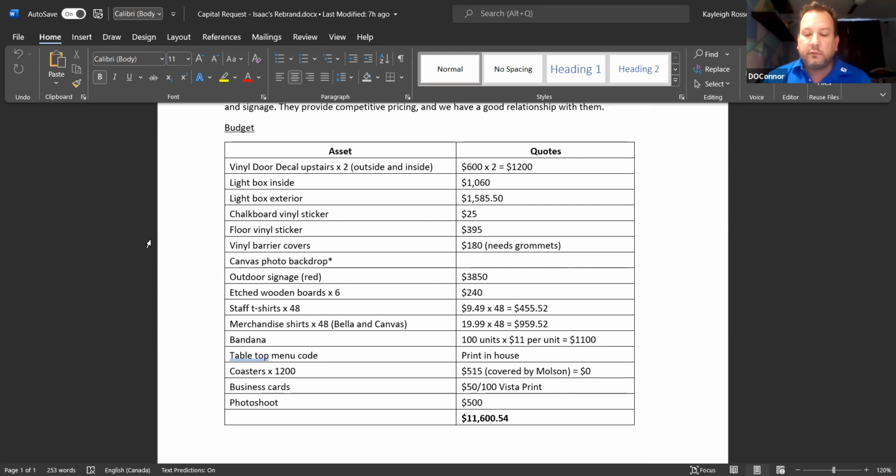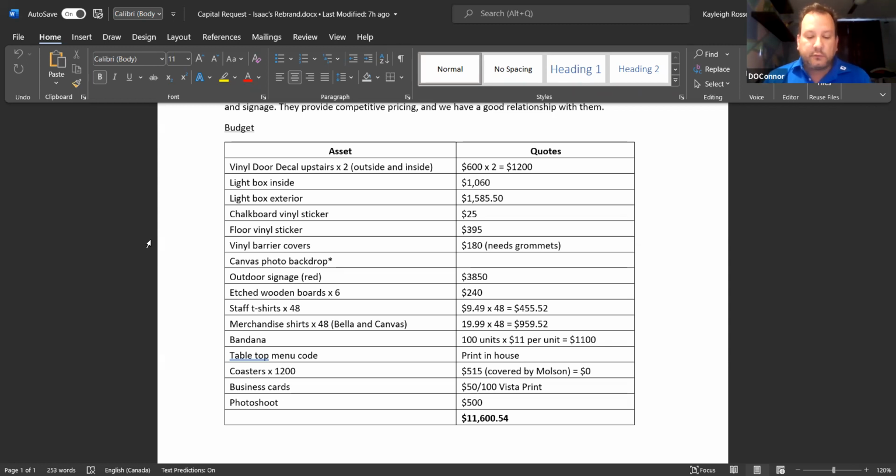New vinyl for the entrance doors featuring the name and logo. New vinyl flooring for directional arrows. New sandwich board covers with the new name and logo. Business cards for Lindsay. Logoed barrier covers for advertising the space over the balcony. Coasters with our logos on them. A new fresh logo with brand and style guidelines.